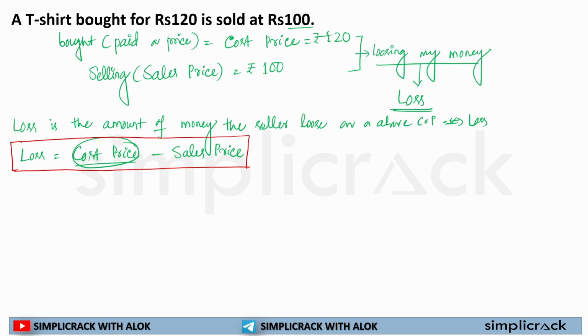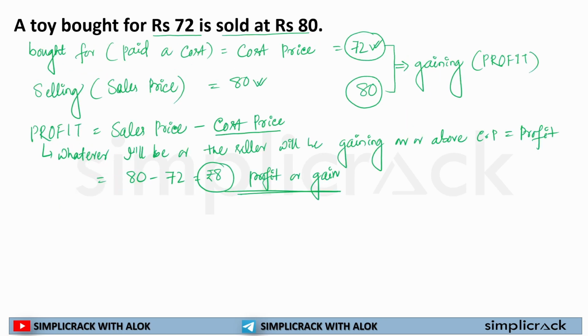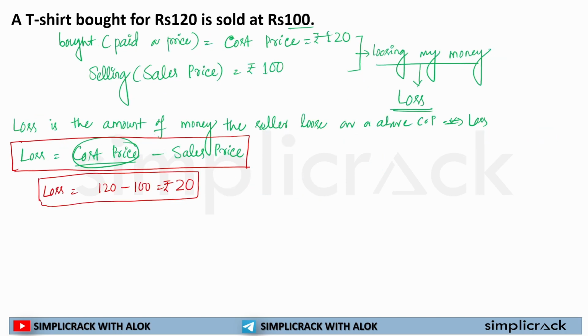Now in this case, loss is equal to cost price minus sales price, that was 100. So what have I lost? I have lost 20 rupees in it. This is how loss is calculated, and this is how profit is calculated. Profit is sales price minus cost price, but in loss, it is cost price minus sales price. Okay, so if I have to write it in simpler terms,